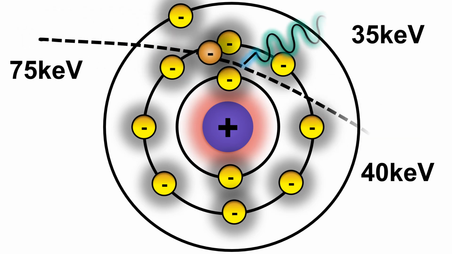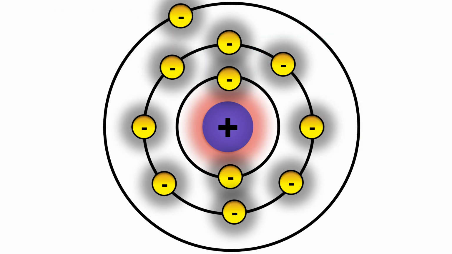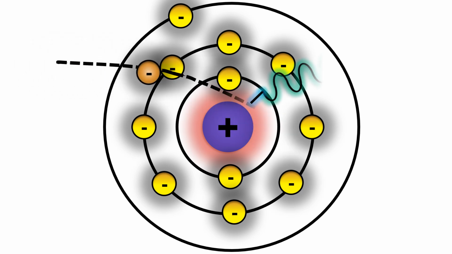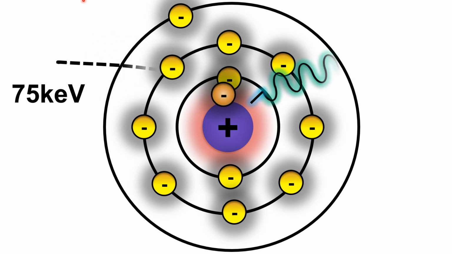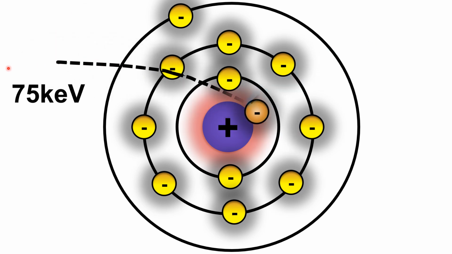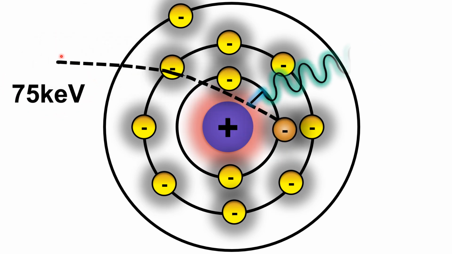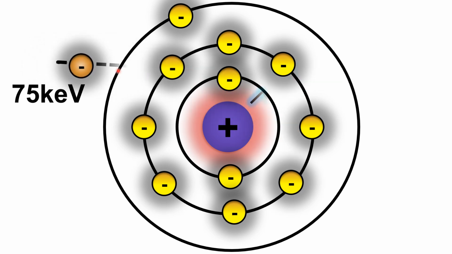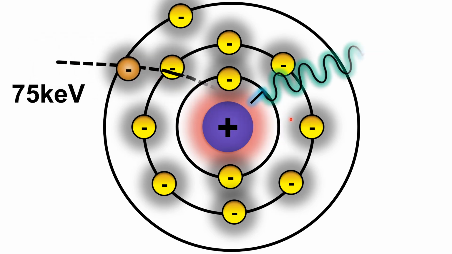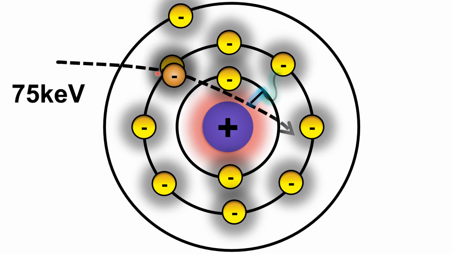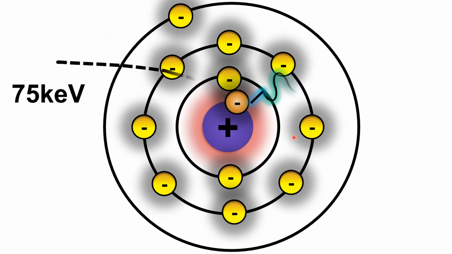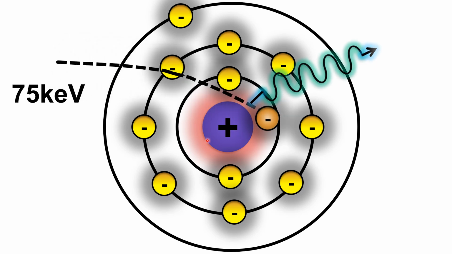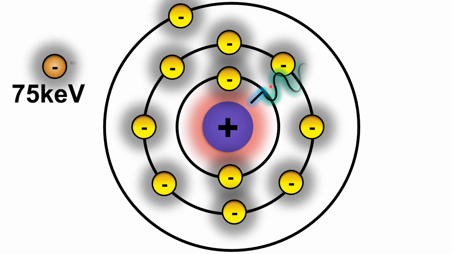Consider again the sodium atom. If the initial energy of the beam of electrons is 75 kilo electron volt, and the beam passes near a nucleus and stops somewhere inside the atom due to interaction with the nucleus, then the maximum amount of energy,